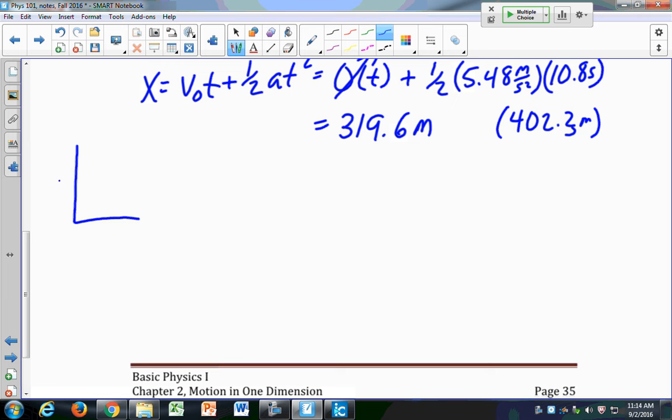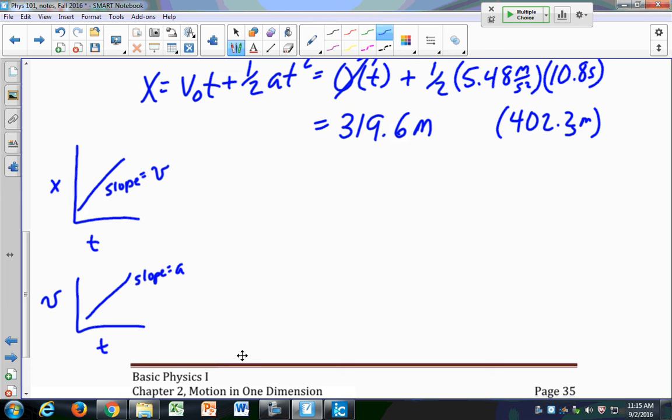Remember, if I have an x versus t graph, the slope of this equals the velocity, right? If I have a v versus t graph, the slope of this equals what? Acceleration, right? This is saying that the derivative of velocity with respect to time, that is the acceleration. The derivative is the slope. However,